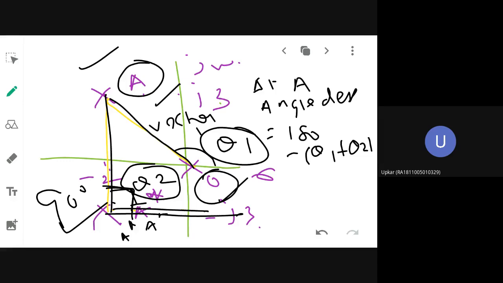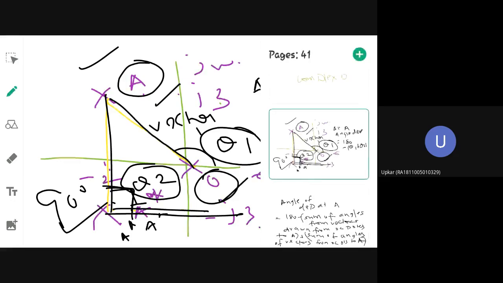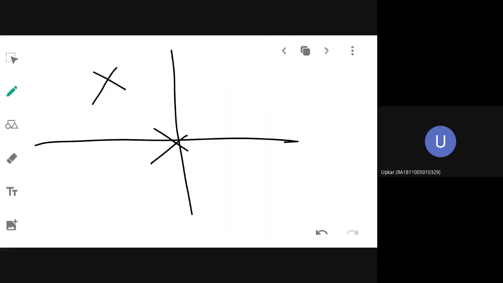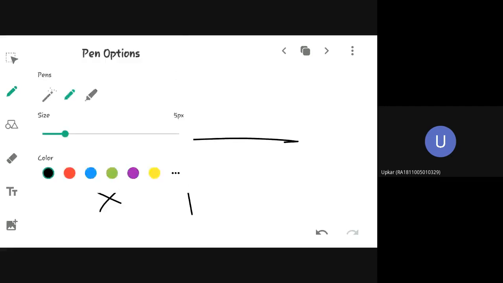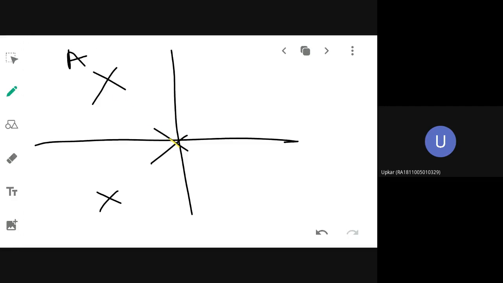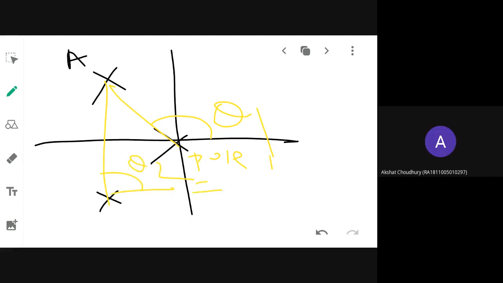Okay, again I am trying to tell you. So these are the poles. I want to find out the angle at this particular point. So I will draw a vector joining this. This is my pole number 1. What is the angle made by it? Let that be theta 1. Then again one more line I will draw. What is the angle made by it? Tell me now. Theta 2 is equal to 90 degree. Now I don't know what is theta 1.